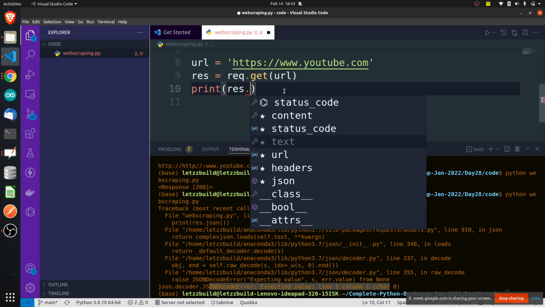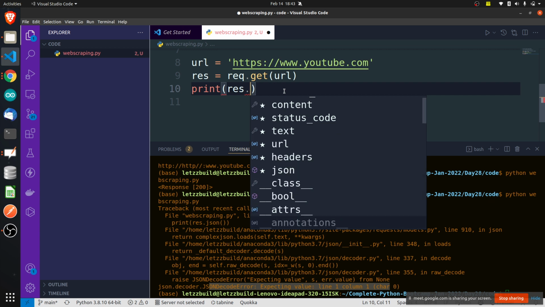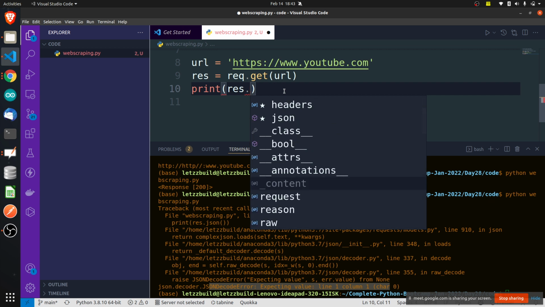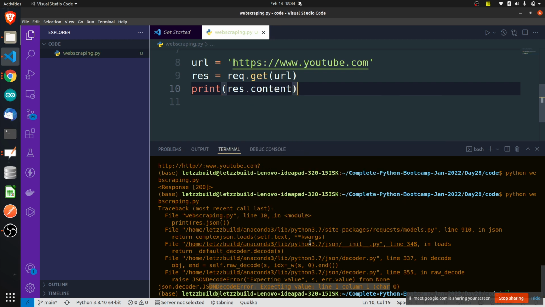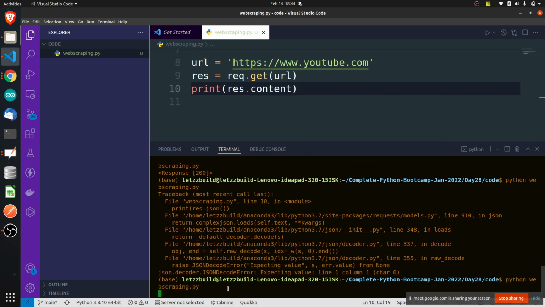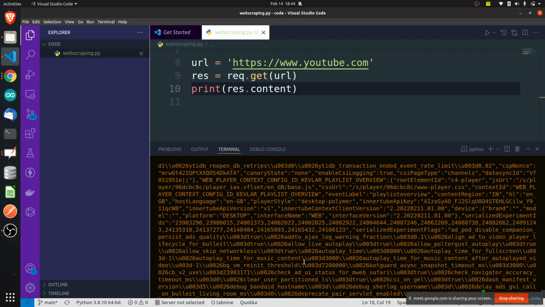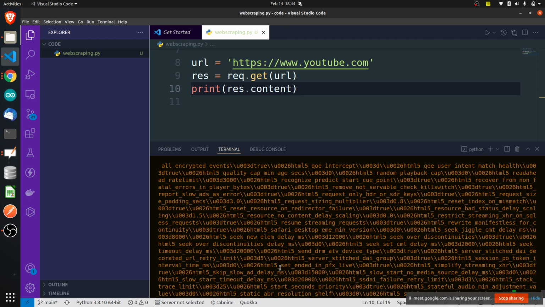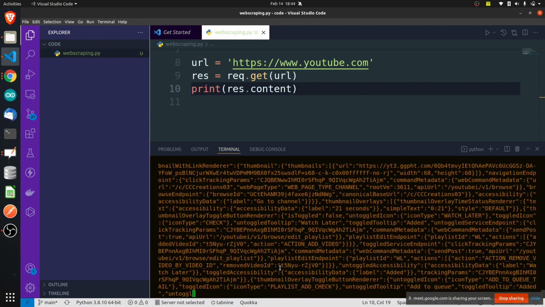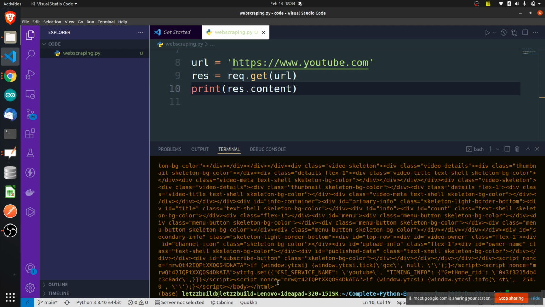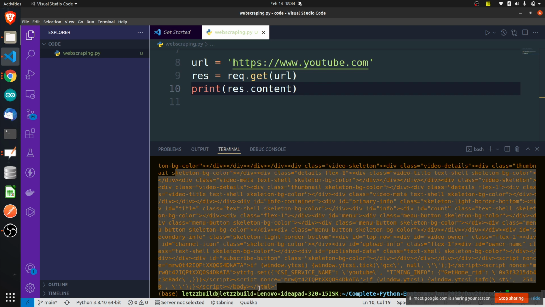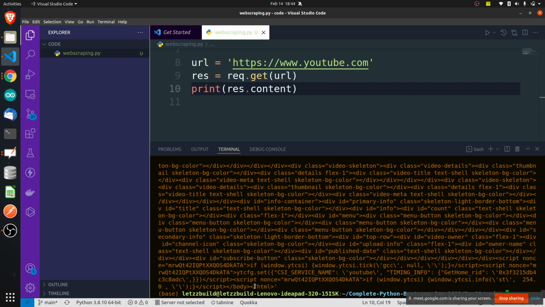Response dot text, URL, headers, a lot of things are there which you can get from this. Response dot content is also there. Let's print response dot content and see. Oh, response dot content is printing all this. Oh, so this is an HTML file, you saw. How did I understand it's an HTML file? Seeing here itself I understand.